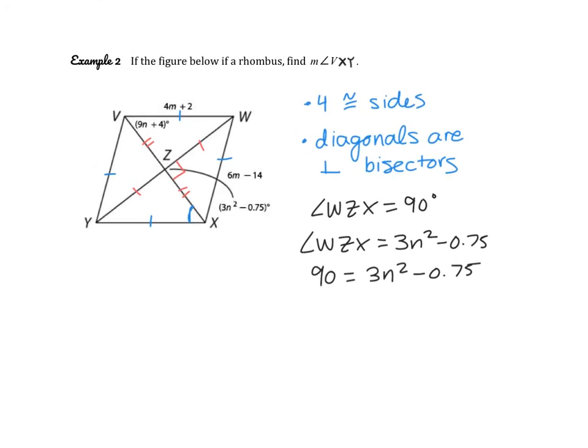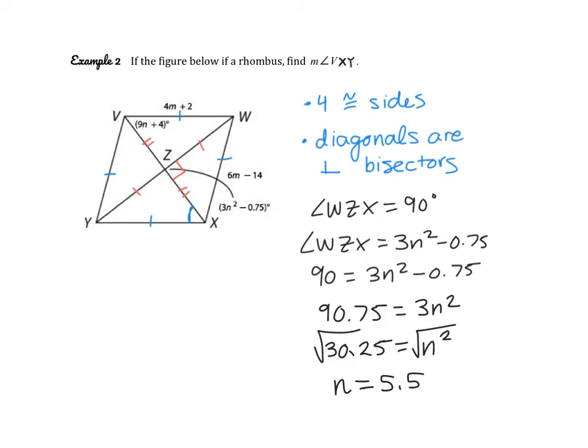So we can use this to help us solve for n. So here we can add 0.75 to each side, and then divide by 3. And then if we take the square root, notice I'm not doing the plus or minus square root because since it's a polygon, we only want to work within the positive realm. It wouldn't make sense to have a negative angle. So we would get n equals